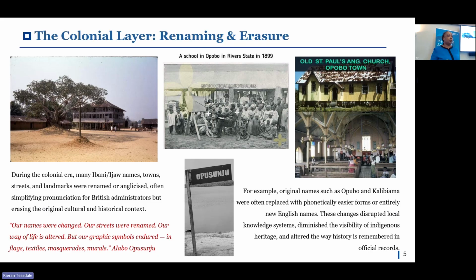underwent renaming during the colonial era, and they were simplified or replaced in order to accommodate colonial administrative systems and for ease of pronunciation. This process may appear minor at first glance, but the consequences were significant. Imagine your name being changed. It also takes away the meaning of your name. If your name could mean strength, power, and something else, someone comes to rename it, it diminishes who you